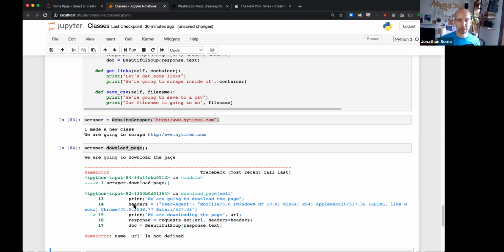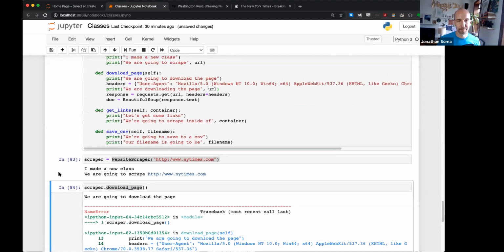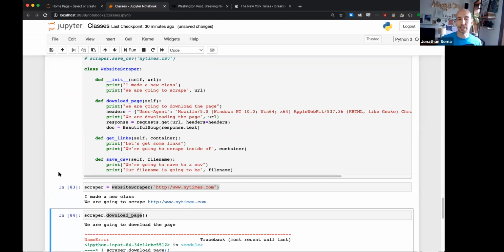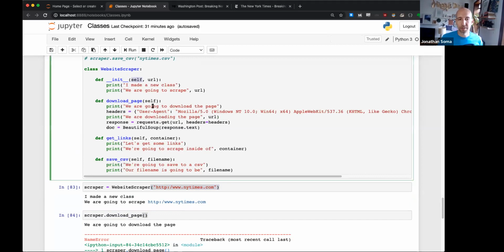And it yells at me. And it says URL is not defined. Because just like when we have a function, we didn't tell it what page to download, right? We just said, download the page. And because we're arrogant, we're like, why don't you remember this page? Because we already told you what the URL is to download. Why did you forget this? So what we're about to do is like the important thing about classes. And it's the reason why self